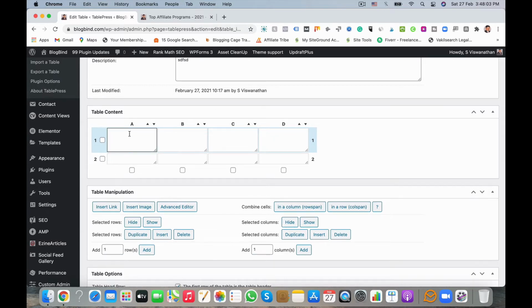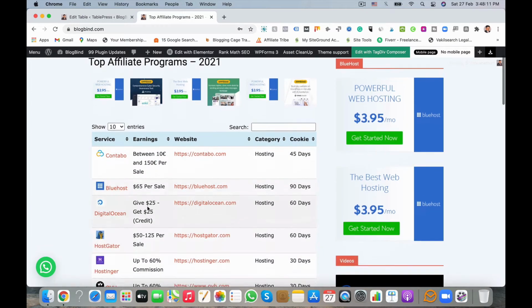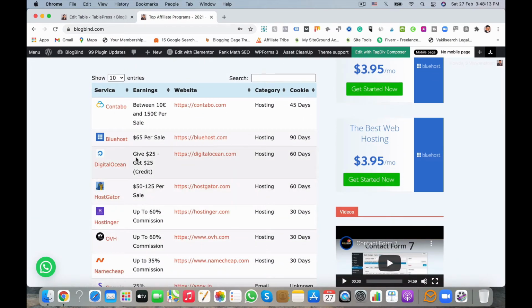Here you can add any image or data. For example, in my website I have created affiliate programs. Affiliate programs, Contabo, earnings, website, service name, website, and category. For the image we also have to give the HTML code.